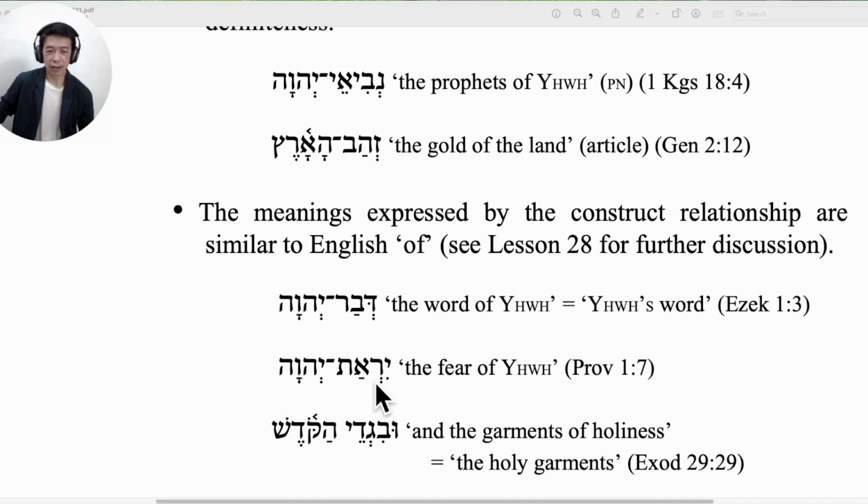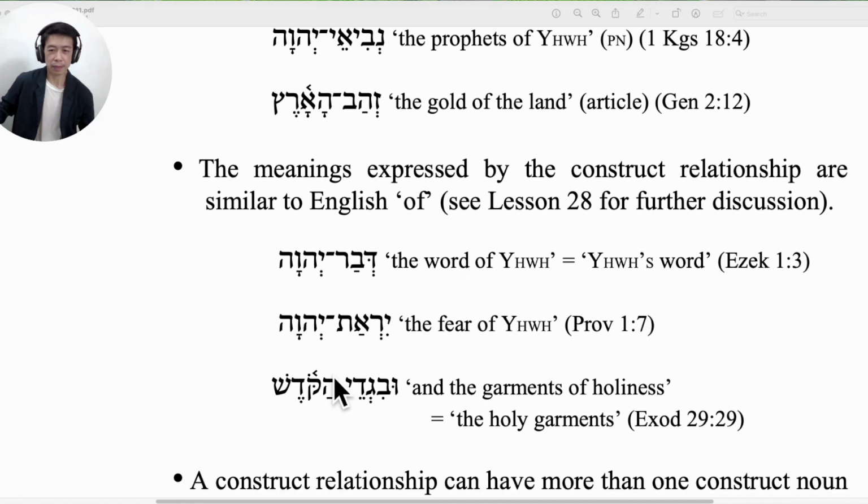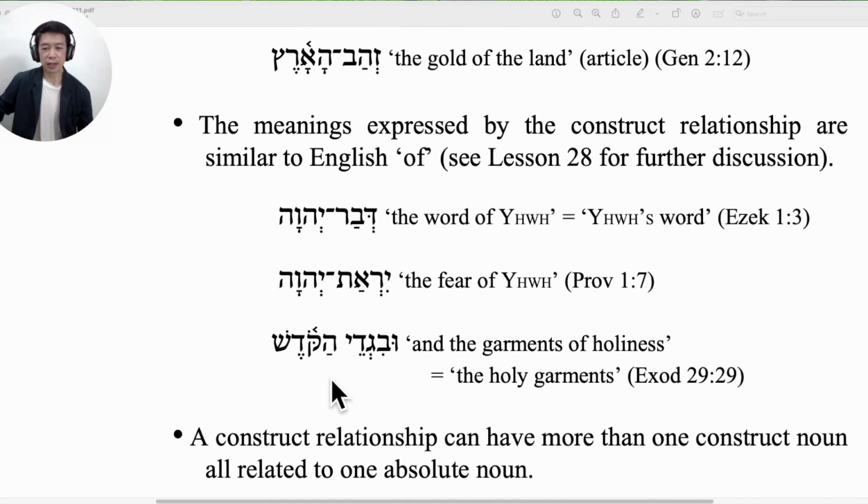Yirat Adonai. Yirat Adonai. So even though we only see yirat and Adonai with a dash here, with a makaf here, we can add the word "of" so that it flows more smoothly in English. The next phrase is